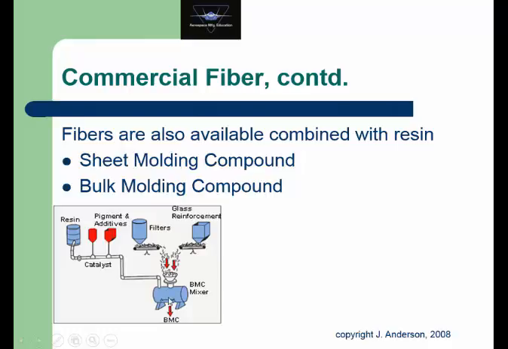So typically these have cooling jackets on the outside to try to control the temperature, and you do this in a batch. You put in a batch of resin and fillers and glass fibers, you get the mixture right, and it may be 50 pounds of BMC that's in here. You mix it up, you take it all, you dump it out of a door on here, and then you